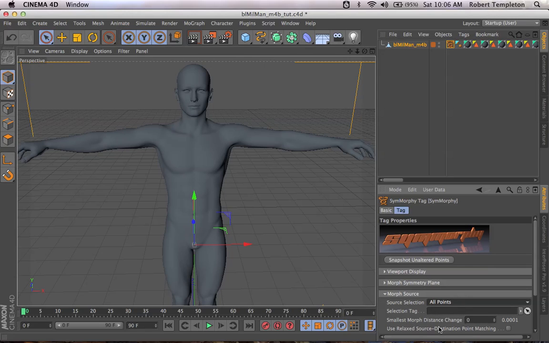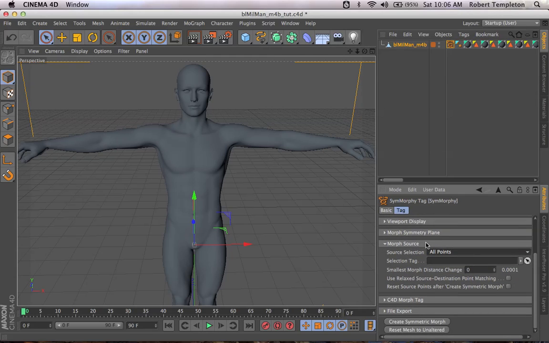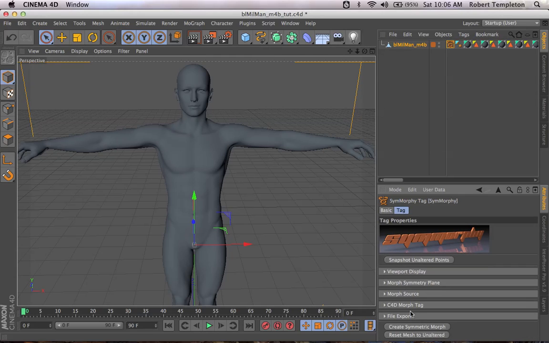The smallest morph distance change tells us the smallest change between the original points and the altered points that will be accepted as real changes, as a morph that we'll be mirroring. And for now, we'll leave these all default and go right ahead and